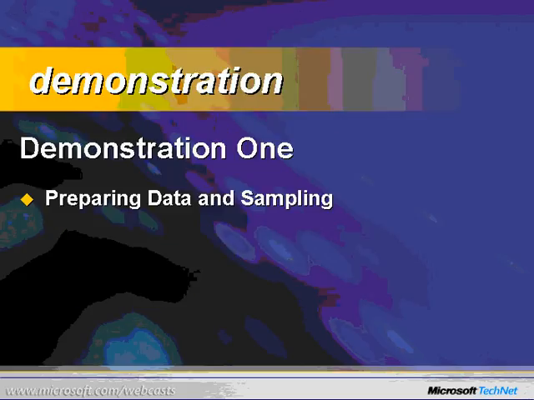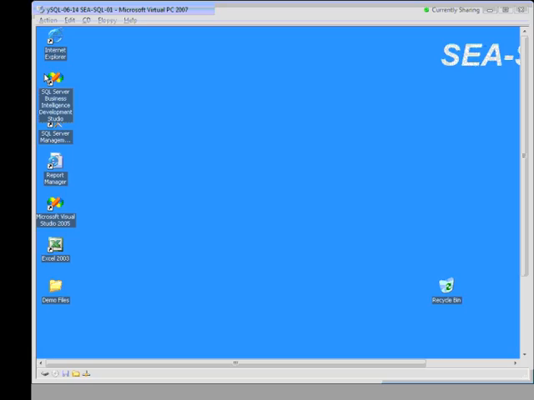So enough of the slides here. Let's take a look at our first demonstration. I'll switch over to my test environment here. You may want to use Control-H or F5. It's a toggle, which will take you to full screen so you can see the screen that I'm using. I'm running a laptop to do these demonstrations today, running Vista as my host operating system. As you can see from the very top of the screen, I'm running Virtual PC 2007.